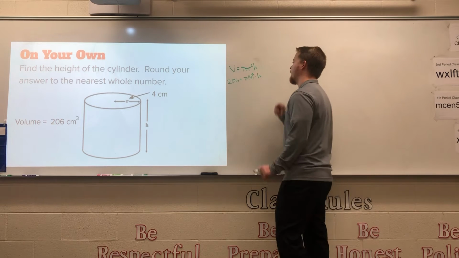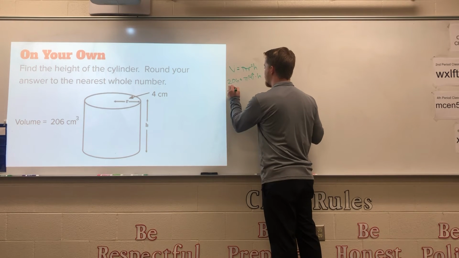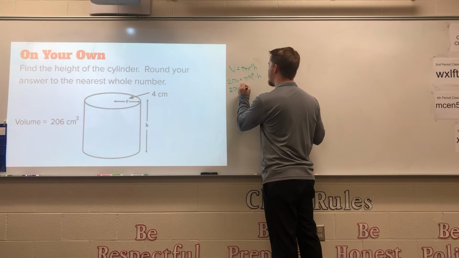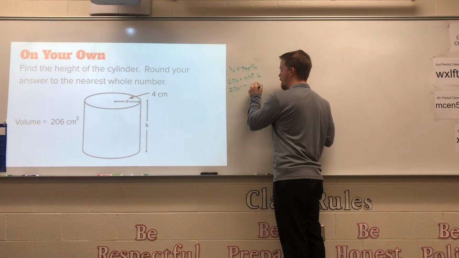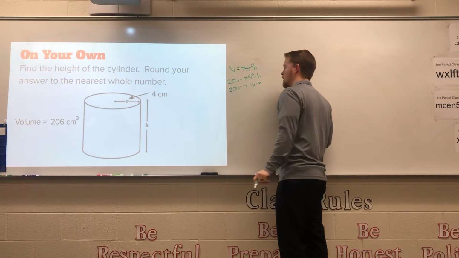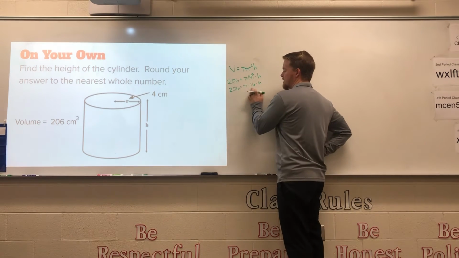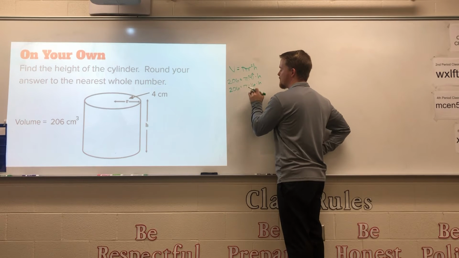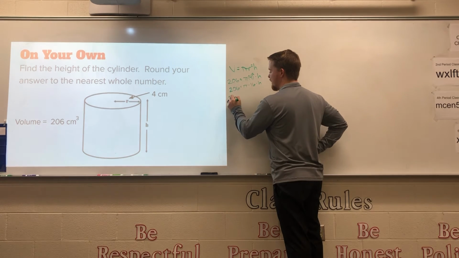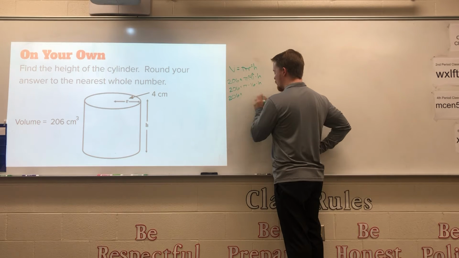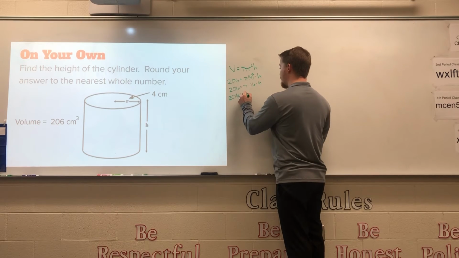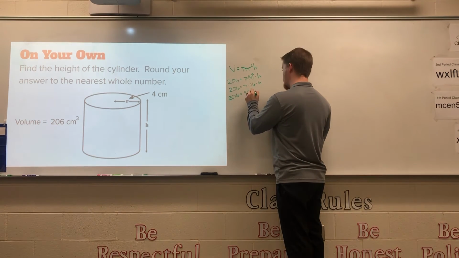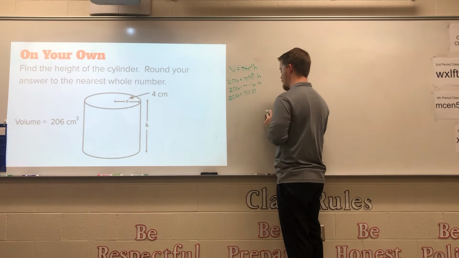I'm going to simplify my power of 2, so bring down everything I'm not using yet. 206 equals pi times 4 to the second power, which is 16, times H. Still need to simplify this side. I'm going to do pi times 16. So bring down 206 equals, in your calculator, pi times 16 equals 50.27 when I round it,